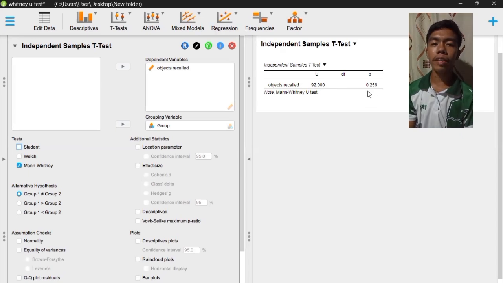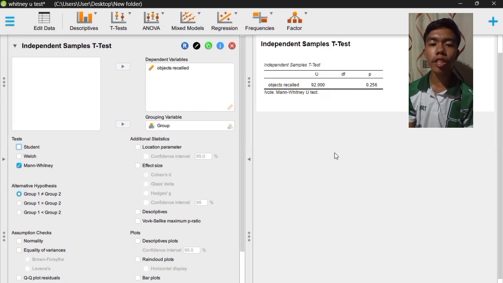Therefore, if our research question earlier is: is there a significant difference in the average mean of objects recalled by the participants in the sleep group and no sleep group? We can conclude that since we failed to reject the null hypothesis, there is no significant difference in the average mean of objects recalled by the participants in the sleep group and the no sleep group.